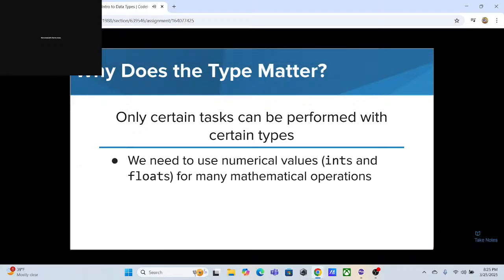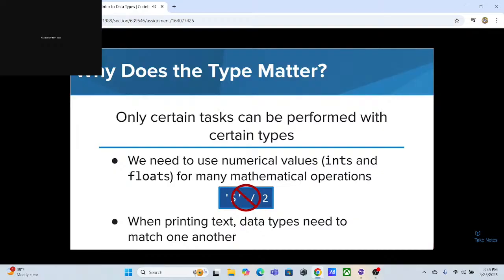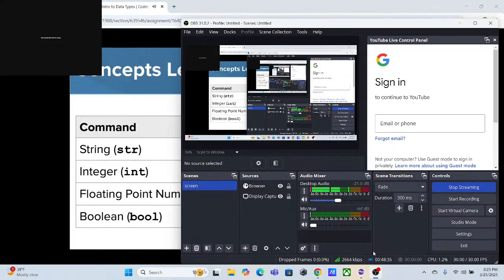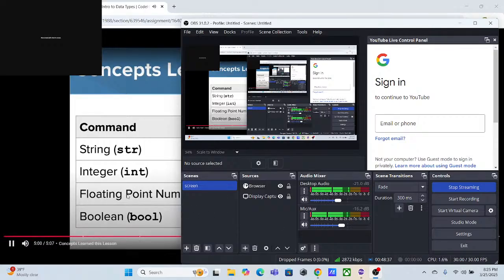For example, we need to use numerical values, which are ints or floats, for many of our mathematical operations. So using a string of the value 5 in this expression will not work. Note that there are some mathematical expressions that can be used with strings, and we'll look at one of them in the next lesson. Another example is that when we print text, our data types need to match one another, which we'll look at in more detail in a few lessons. In this lesson, we learned about 4 different data types that can be used in our programs. Before we learn about more things we can